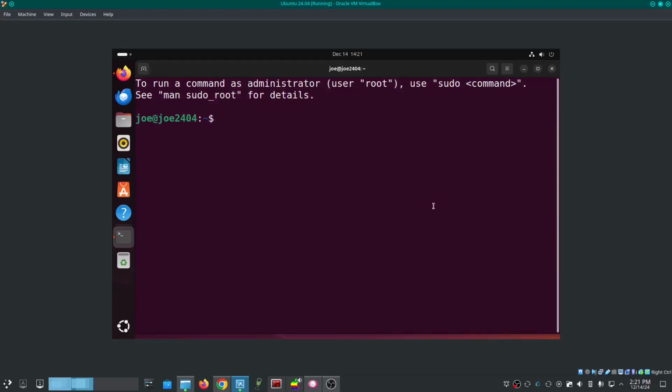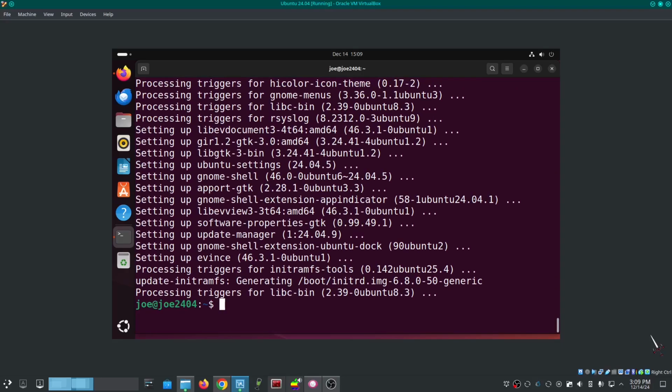Okay, to install VirtualBox Guest Editions in Ubuntu 24.04, go to a terminal and type sudo apt update and sudo apt upgrade -y. Okay, when that's done,